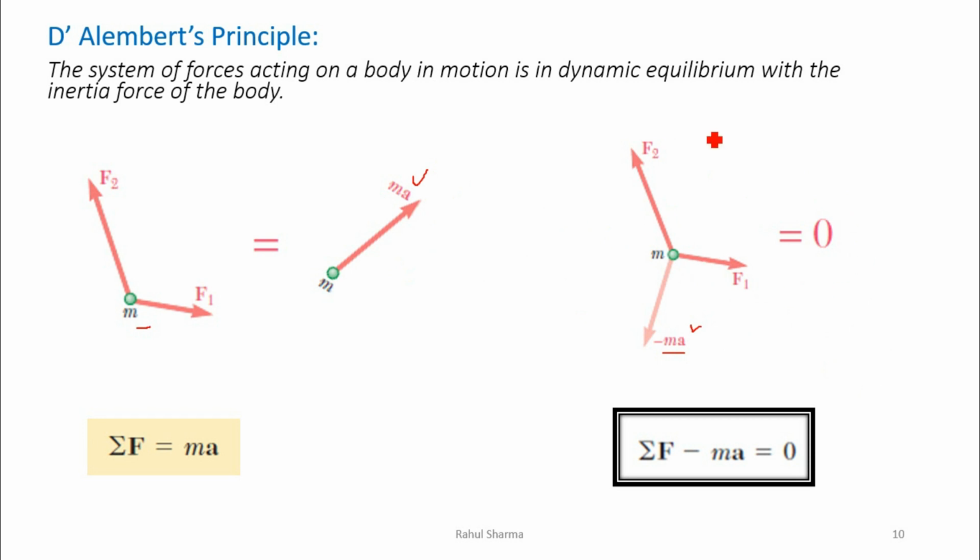So the D'Alembert's principle is saying the same, means the system of forces will be in dynamic equilibrium due to the inertial force or inertia force. So this is known as inertia force. So D'Alembert's principle is saying the same. Due to this inertia force, the system of forces which was in motion or dynamic category, it will be again in equilibrium due to this inertial force. It is known as D'Alembert's principle.